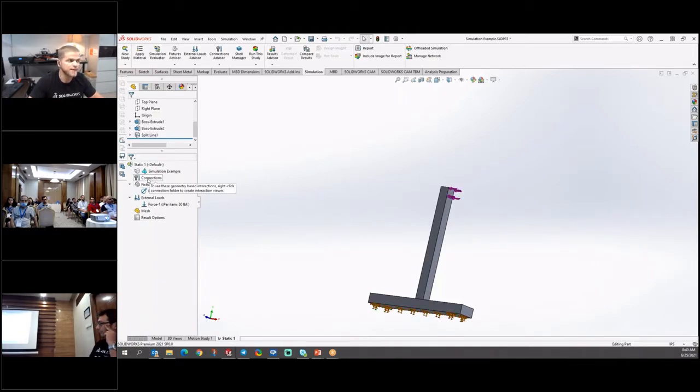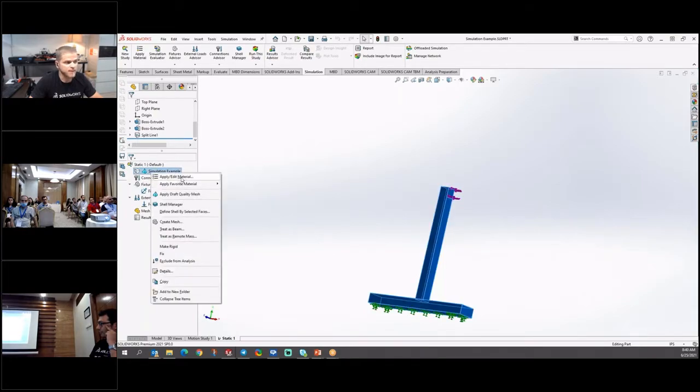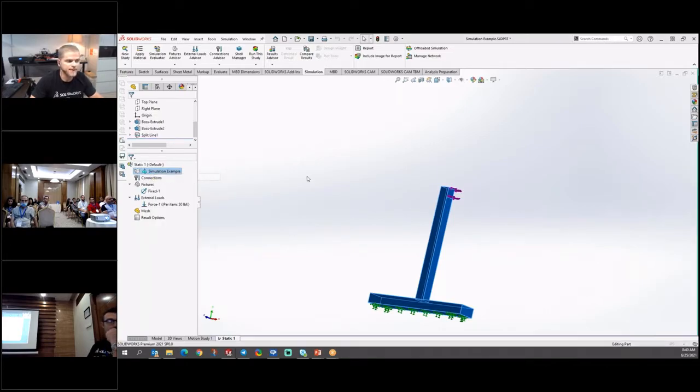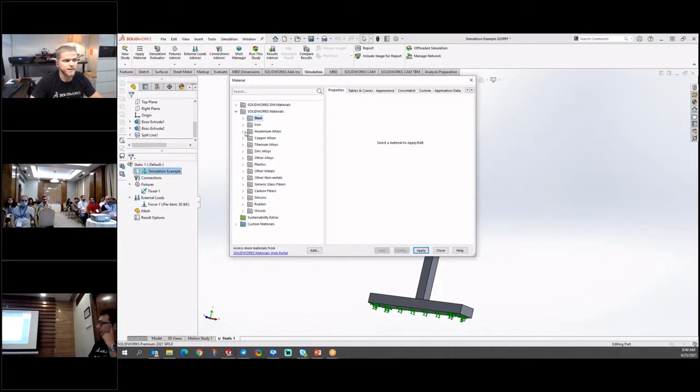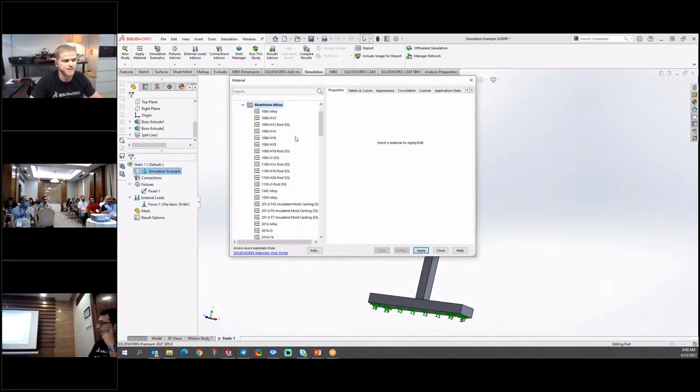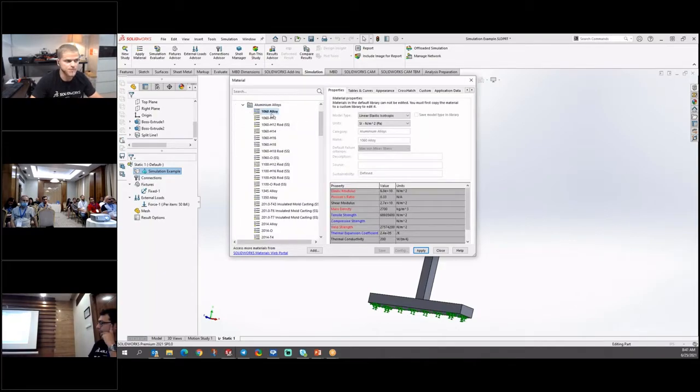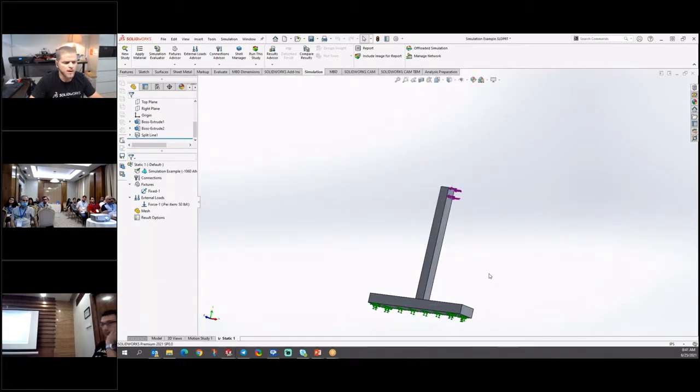Simulation also needs to know what the material is. What is this model made of? So in this case, I'll pick this model and we'll apply edit material. We can even see favorites here. So maybe this is made of a 1060 alloy or a brass or something really hard or something really soft, maybe depending on the metal that we pick. And even if you dive into the library here, if you haven't seen this before, the SolidWorks material library is pretty extensive. There's a lot of material choices. So again, we'll just go with a standard 1060 alloy aluminum here, and we'll apply that.